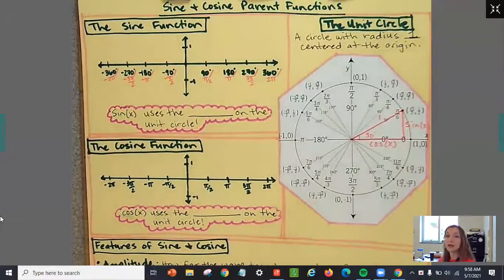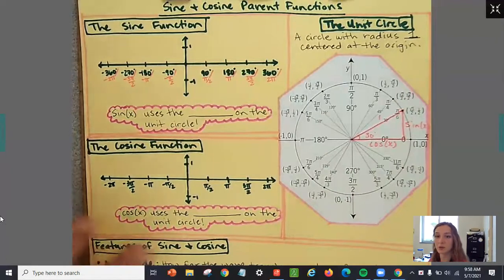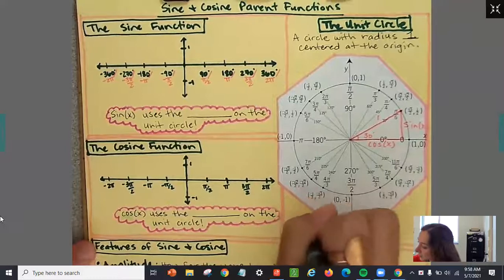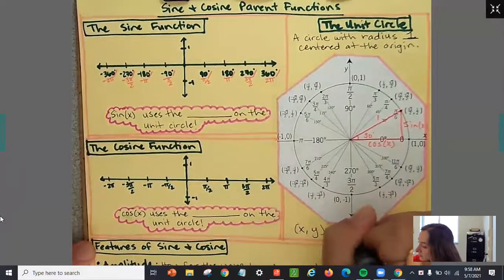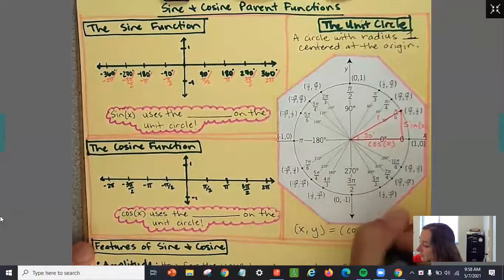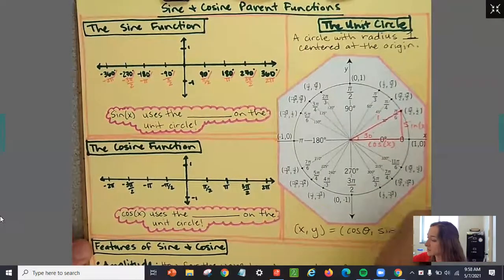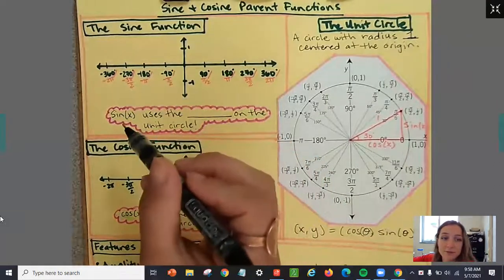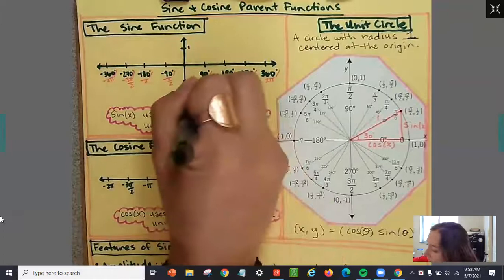So any of the vertical distances are going to be sine, and any of the horizontal distances are going to be cosine. So what we mean by that is, on the unit circle, if we have x comma y, the x value is going to be cosine of theta, and the y value is going to be sine of theta. So let's go look at the unit circle, and we're going to be graphing sine and cosine. So first of all, sine uses the y values